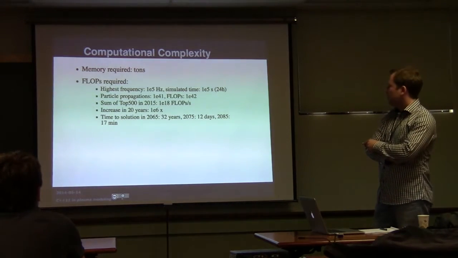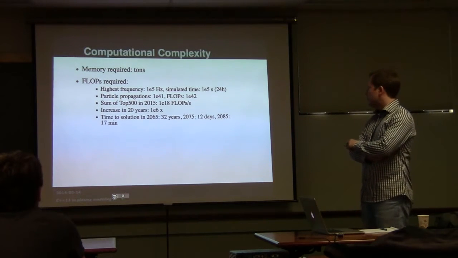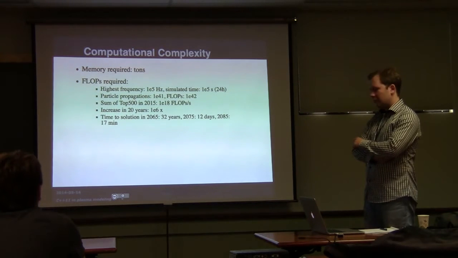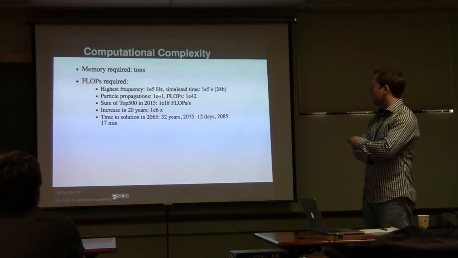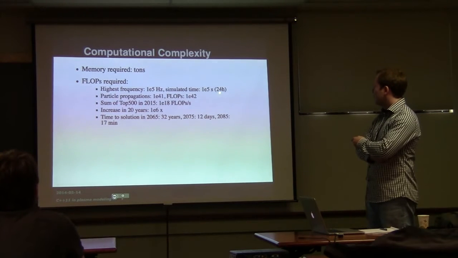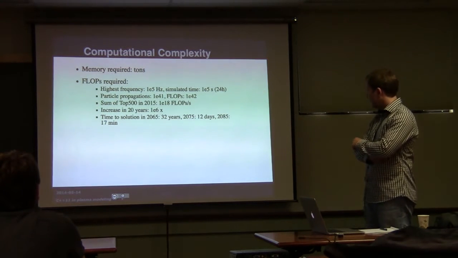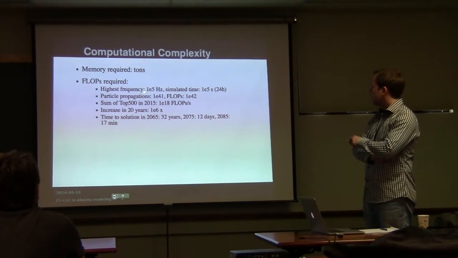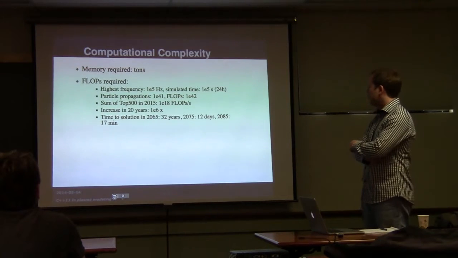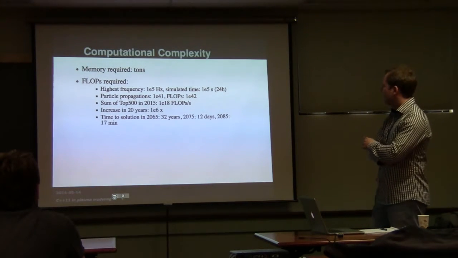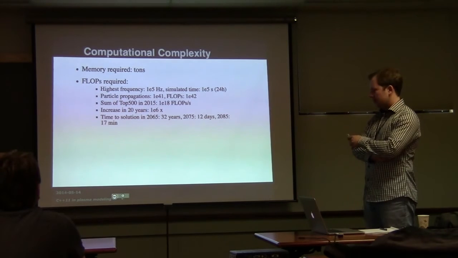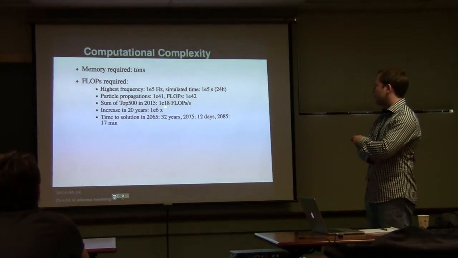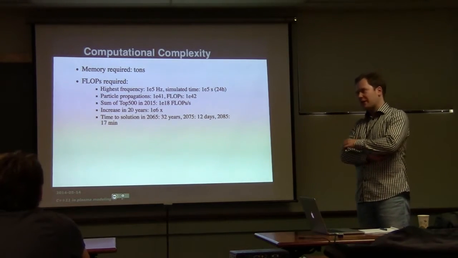And then the floating point operations required to do something with the system. Assume again that the highest frequency, if all the particles are modeled, is about 10 kilohertz, and then we simulate it for 1 day. Oh no, it's 100,000 hertz, and 100,000 seconds. So you get about 10^42 floating point operations, and this year or next year, the sum of the top 500 fastest computers is like 10^18 flops per second.